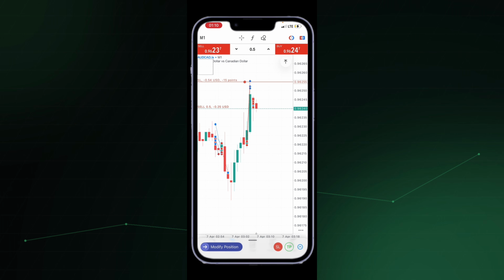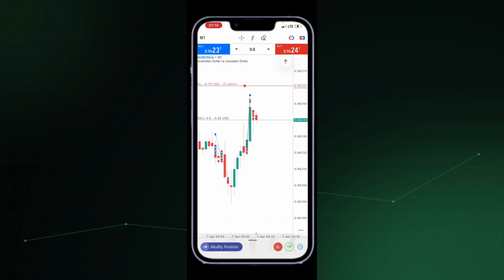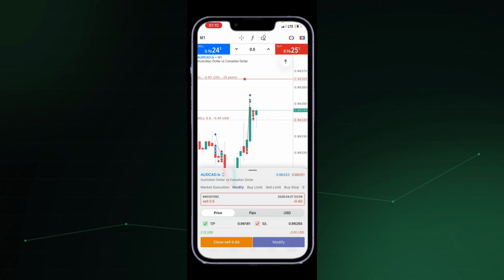Let's say, for example, you put your SL above. TP stands for take profit, the amount you're willing to make, and SL is the amount you're willing to risk, where you are willing to lose, with calculated risk. This is the SL, stop loss, and this is take profit. All you have to do is click on the blue arrow at the top right corner and then press modify.